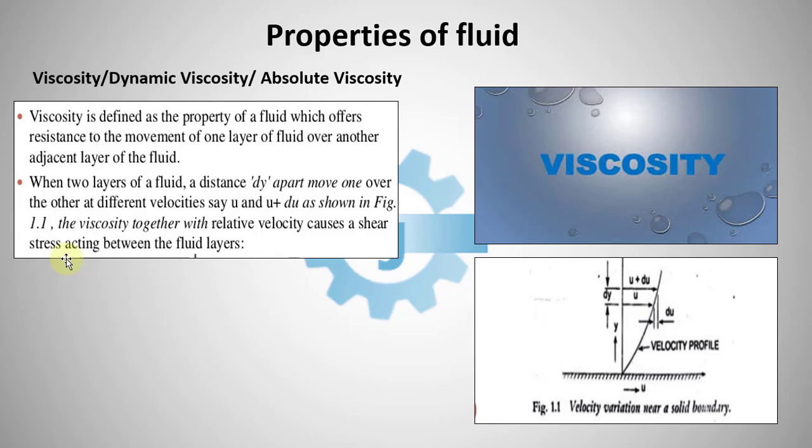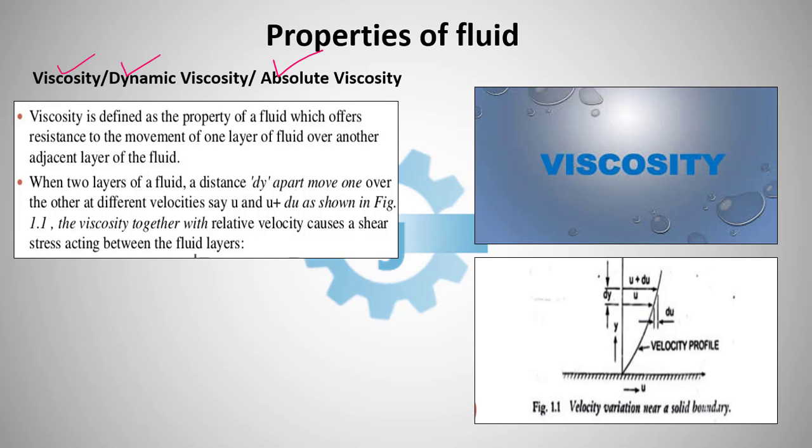So, there are two types of viscosity. One is dynamic viscosity and another is kinematic viscosity. At first, we will learn about viscosity, which is also known as dynamic viscosity or absolute viscosity. Now, what is the proper definition of viscosity which is related to fluid mechanics? Viscosity is defined as the property of fluid which offers resistance to movement of one layer of fluid over another